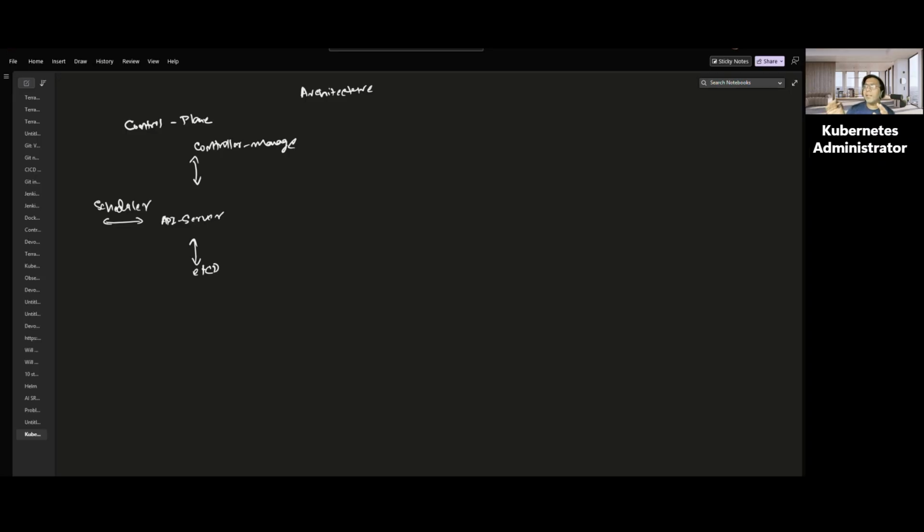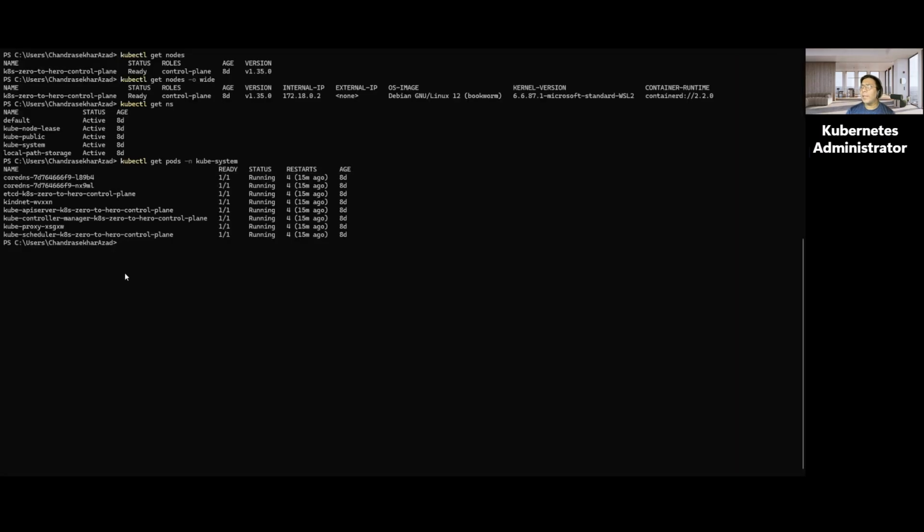So API server, as you can see, is at the center of this hub. If I go to this output, I can see something is there with API server also. Kube API server is a separate pod which is present in kube system namespace. So now